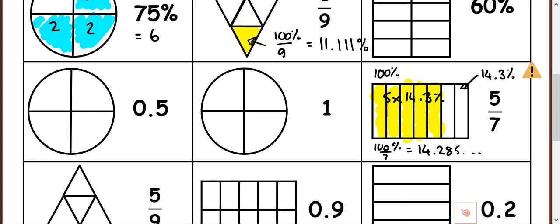But well done. So we've just got 5 lots. So that was a tricky one. So when we are going to calculate more percentages, some of them are going to be easier to do, some of them are going to be harder to do. Okay? All right, so I'll pause for a